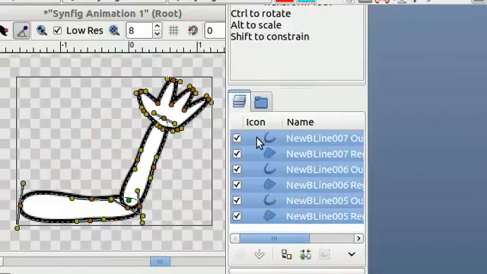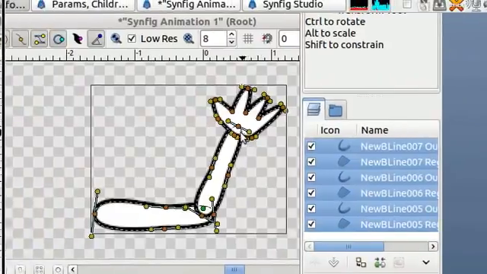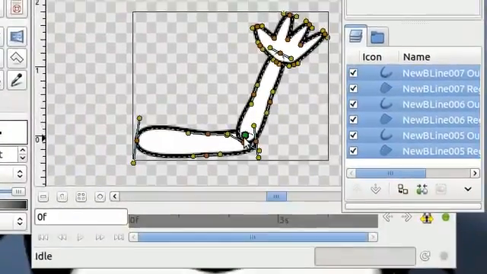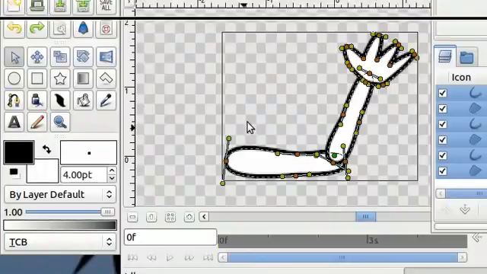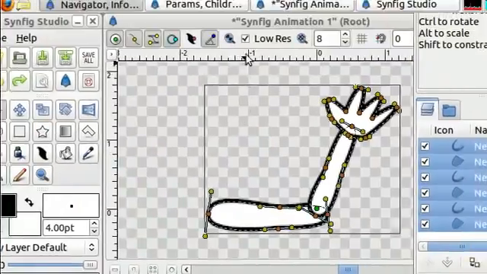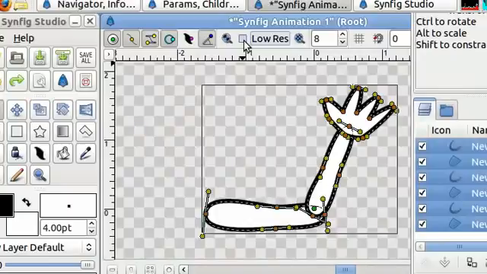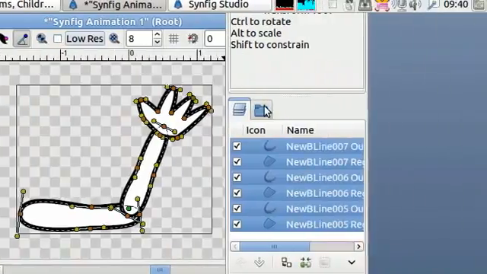Okay, and the way we sort of make a bone effect is by combining these objects with rotation layers and encapsulation. We're going to make rotation points at the wrist, the elbow, and the shoulder. I'm going to turn off low resolution preview because it can look pretty choppy when doing rotations in low resolution. If you have a slower computer, you'll want to leave low resolution on. Let me move this window back over,